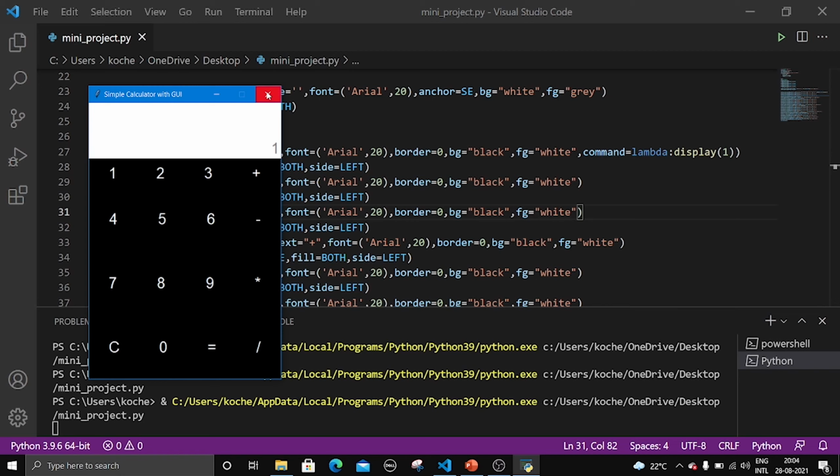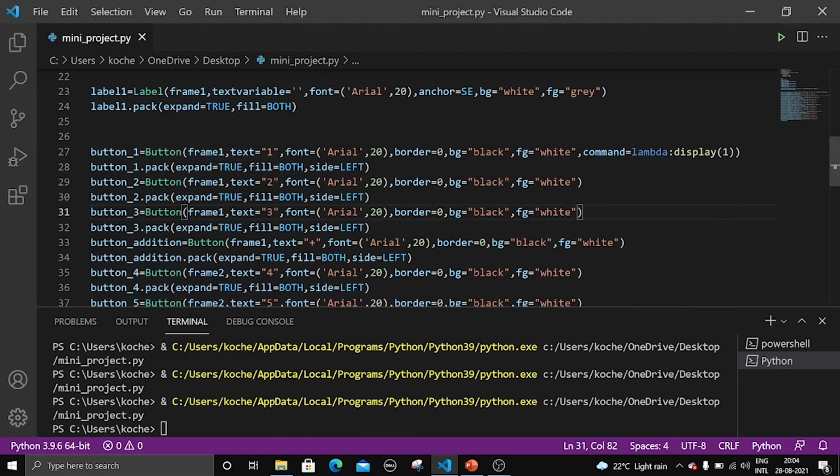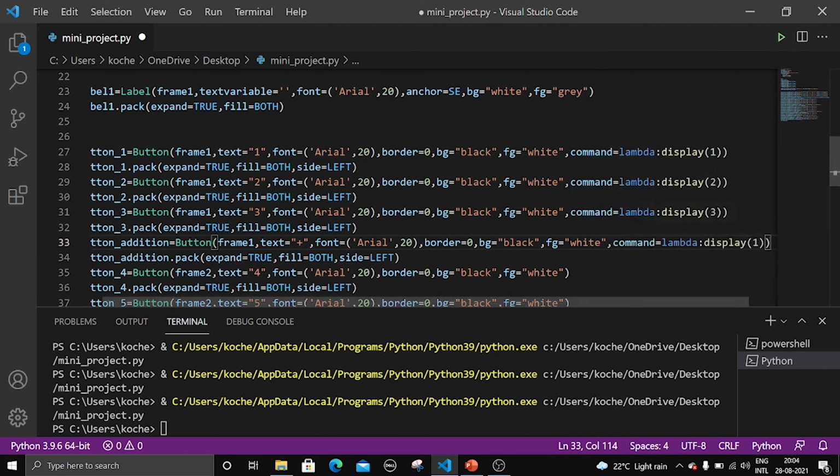So let us do it similarly for all the buttons. Command, and let me put it in the button 2 as well, and here it should be 2, and let me put here as well, that is 3. Now in the button addition also we need to put that one, and here it should be in the string, it should be plus.